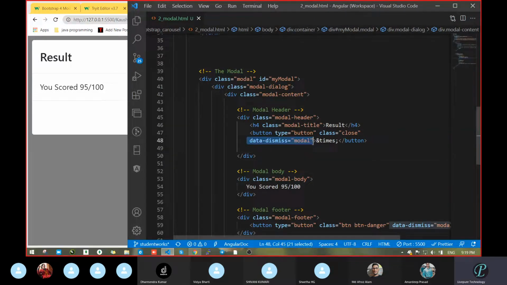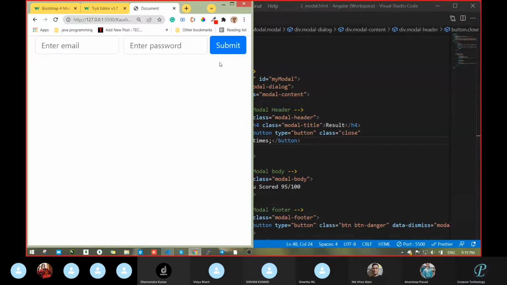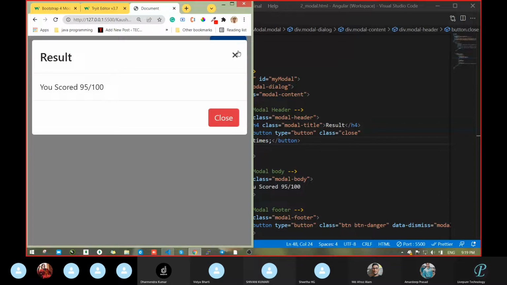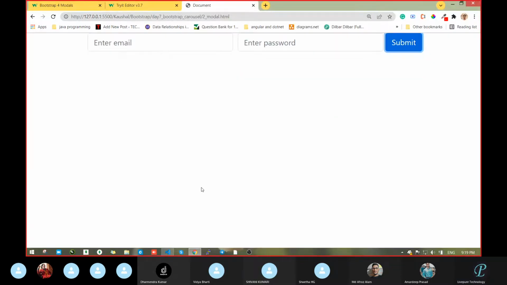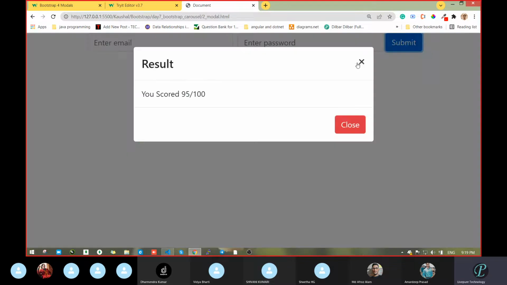Remove this data-dismiss equal to modal and let's see what it is going to do. So see. Now if you click outside, it is going to close. But if you click on this cancel, now it is not going to close.